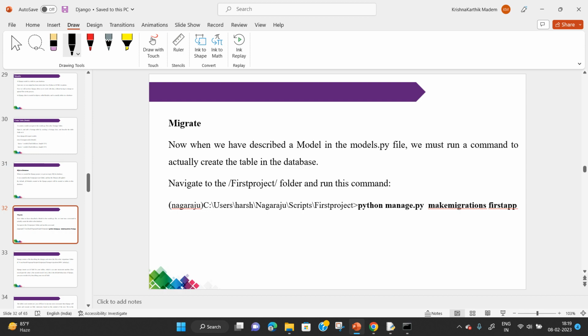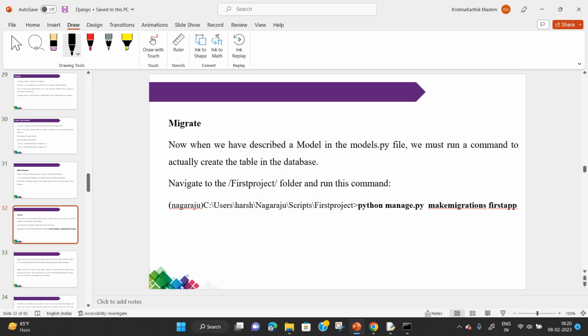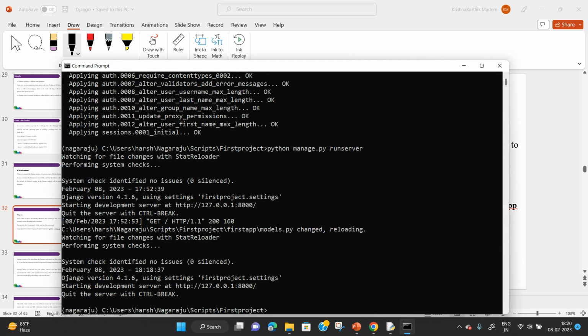My next step is migrate. What is meant by migrate? If you want to create the table, then make migration. Simple term is perform the updation. Whatever updation you have done, that updation is to be applied under this first app. So go to the command prompt and then type the command python